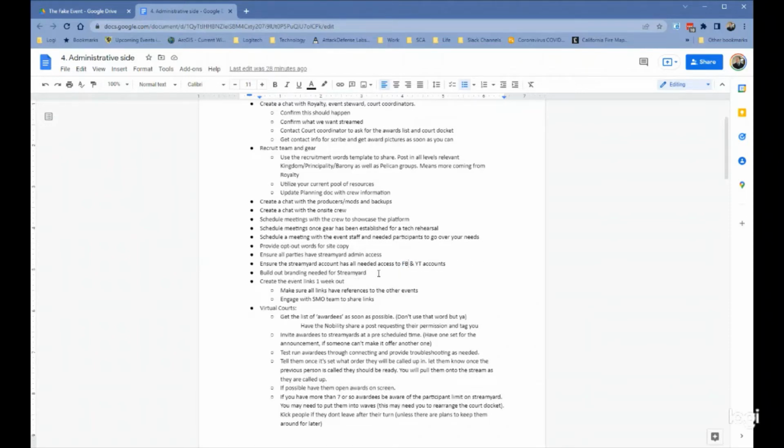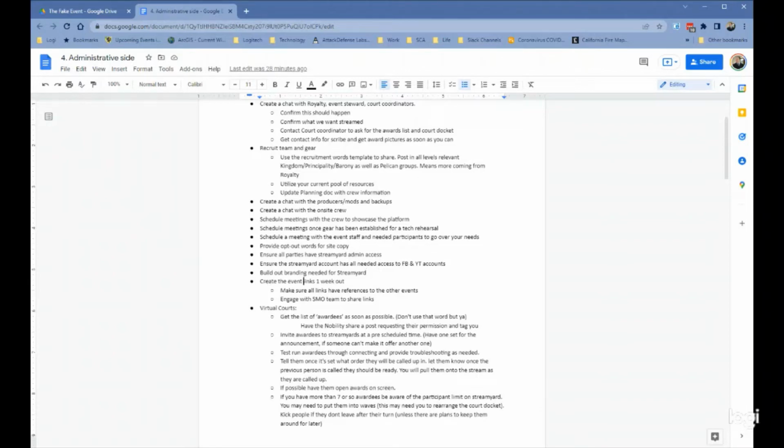Build out your StreamYard branding. Again, we are yellow and white, or argent. So that's all of our stuff. That's how it's branded. But if you're doing a different event or a different barony, start building out that branding. Get your technical display. Ask the coronets or the royalty, what picture do you want me to use for this? Have a couple already ready. Or like, if you have one in mind, here you go.